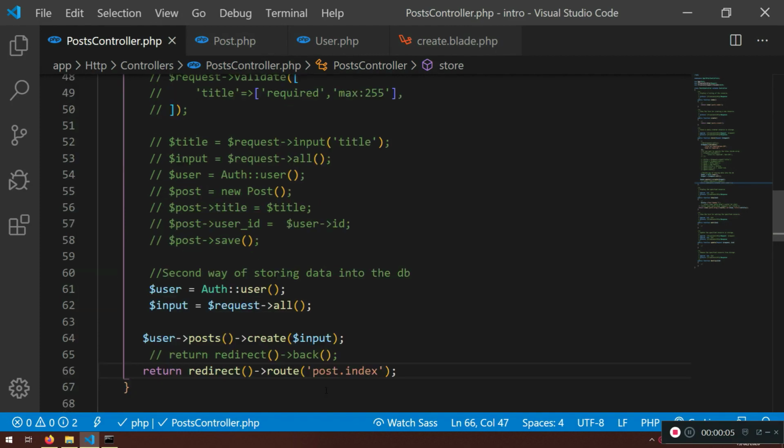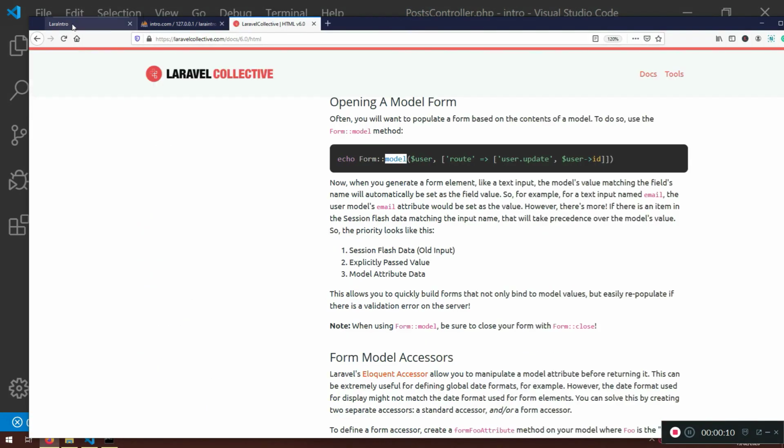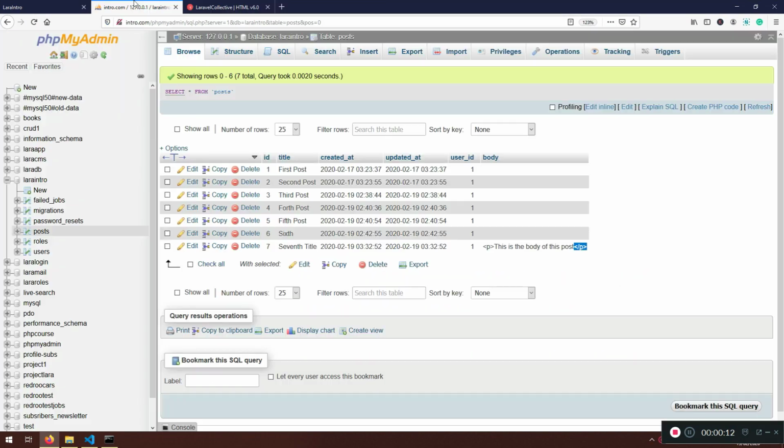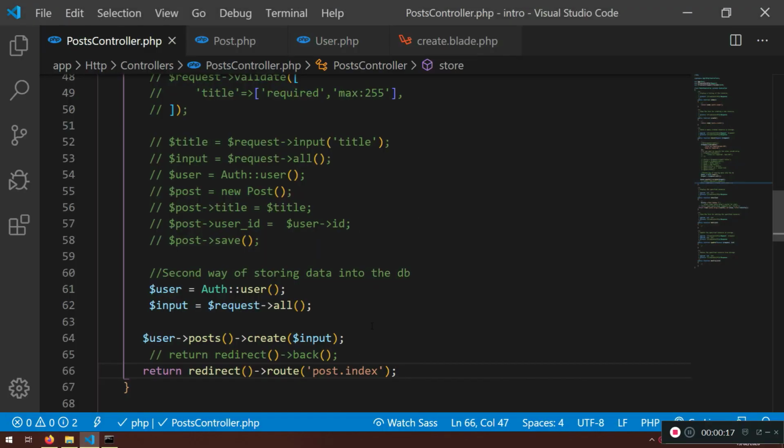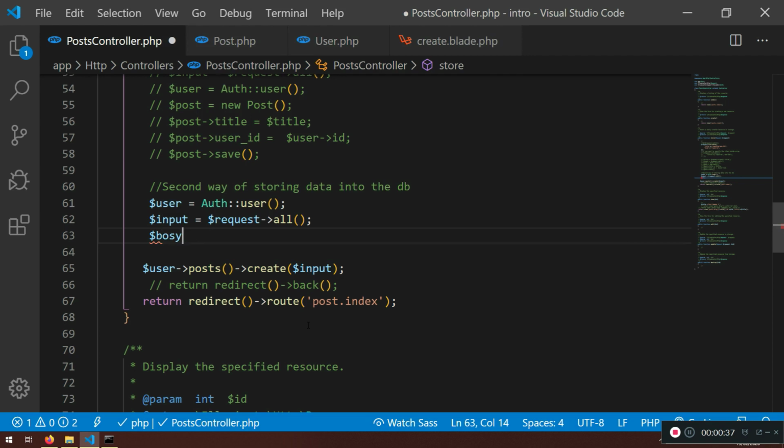As I promised last time, if we look in the database, we see that I have this p tag here. How we can get rid of this is that you can use strip tags, to strip any tags from the request body. I'm not going to do it right now for my database, but for you, if you want, you can create a body field